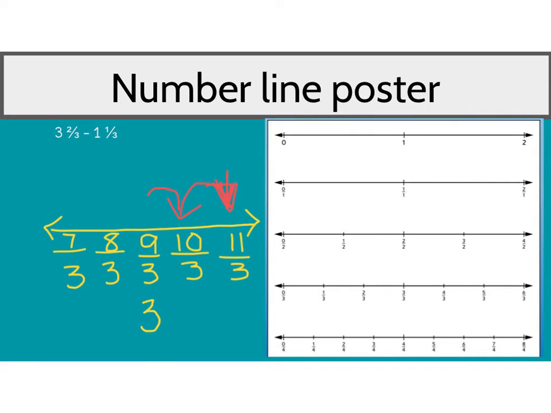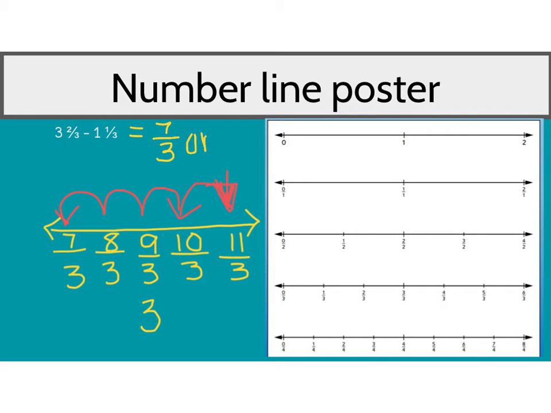So this would be 1, 2, 3/3 would give me a whole number of 1. So I have now subtracted 1 1/3, and my answer for that particular problem would be 7/3, or